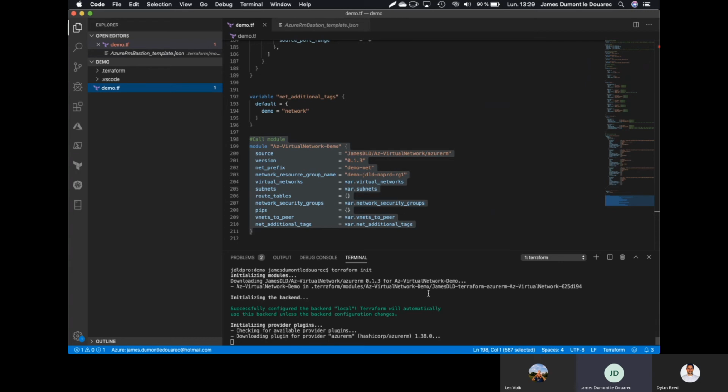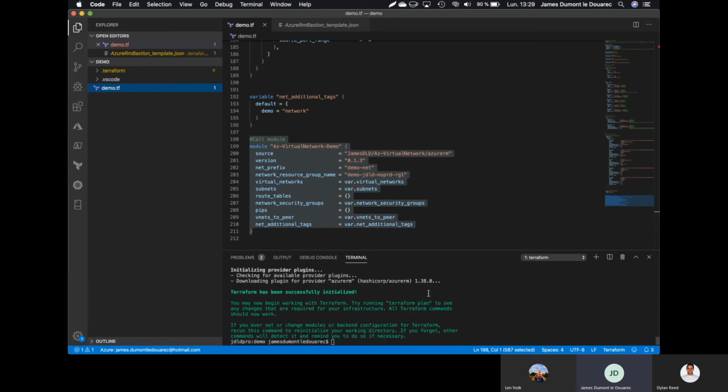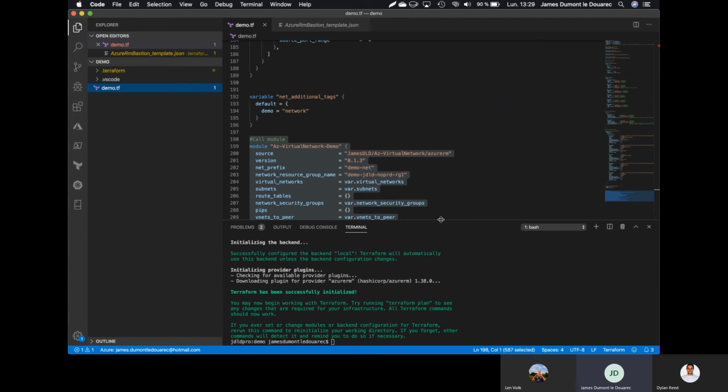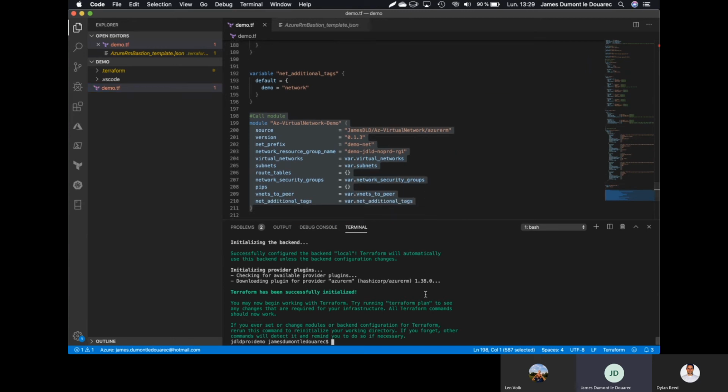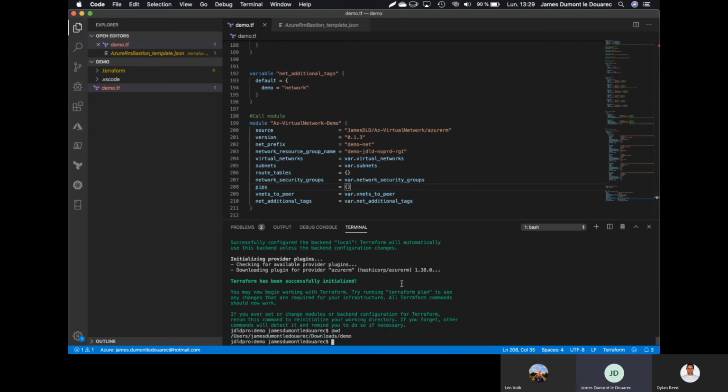It's also in the documentation on my repo, but the requirement is to use Terraform v0.12 because we use the for_each command. So here my terraform init command is done. So I'm good.